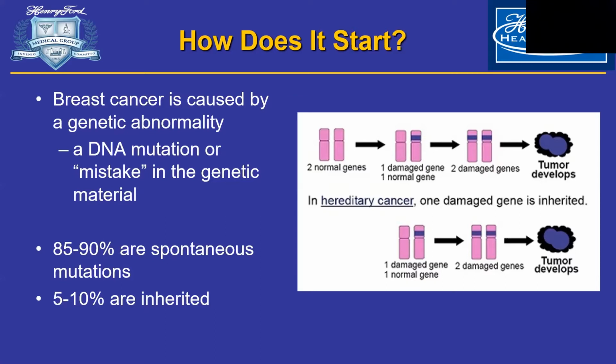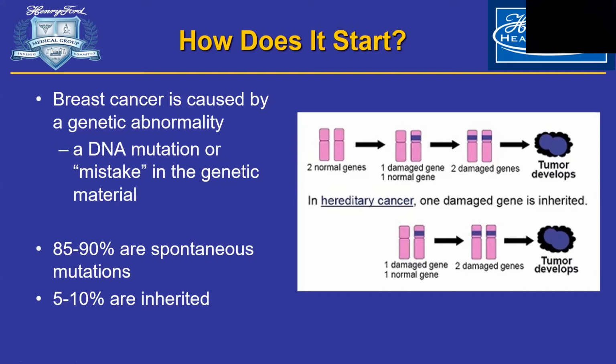Around 5 to 10% of the time, the DNA mutations are inherited or passed from your parents, meaning the mutations are in all of your cells when you're born. There are steps every person can take to help the body stay as healthy as possible that may have some impact on your risk of getting breast cancer, but this doesn't completely eliminate the risk, especially when you are born with a hereditary mutation. And I really like this slide because it simplifies the explanation of acquired breast cancer versus